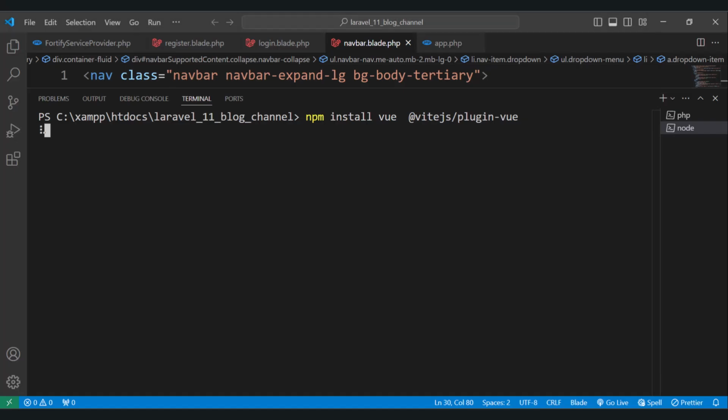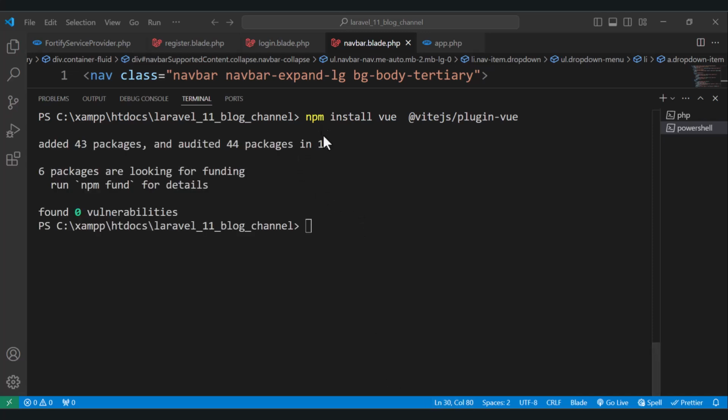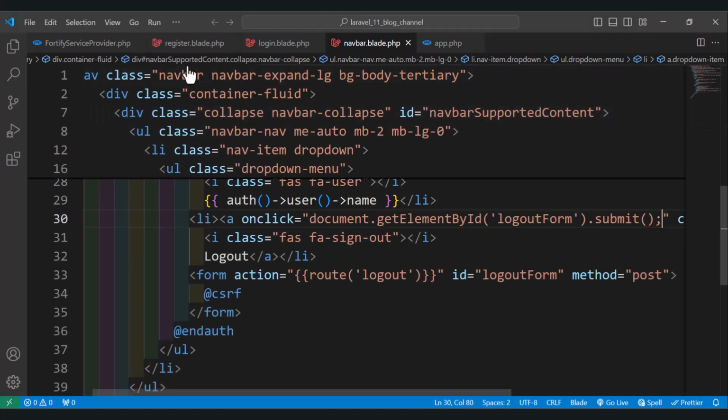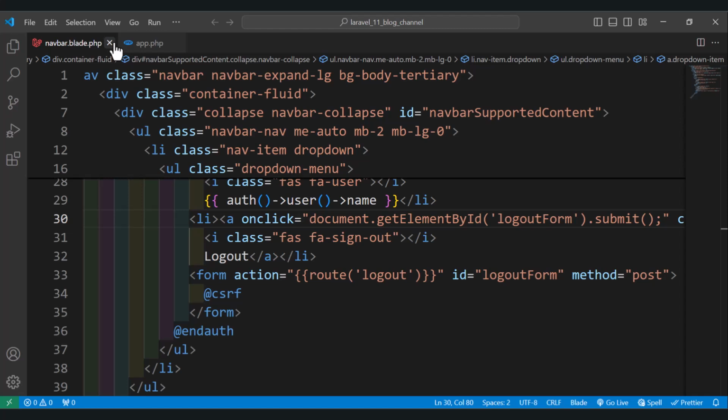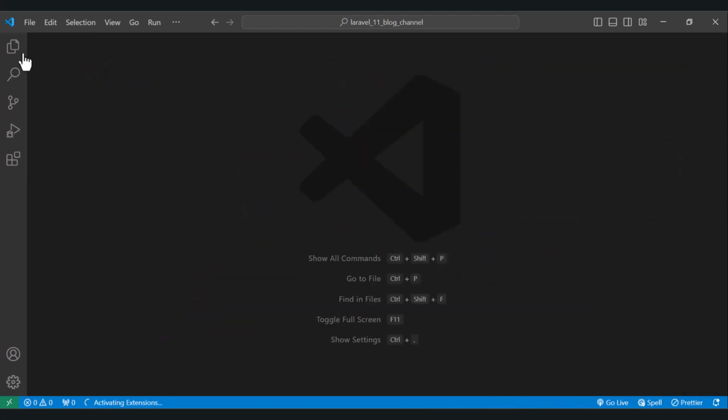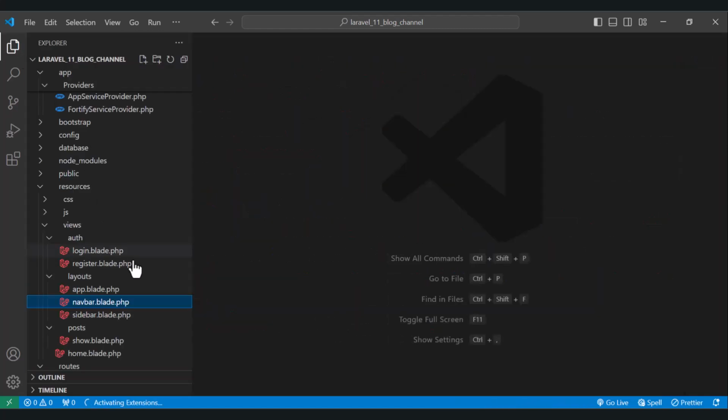And let's see what we have here. Okay, let's wait until it's done and then we move to the next. So now it's done successfully. Let's move. Let's close the files that we don't need for now. Let's move to the file which is